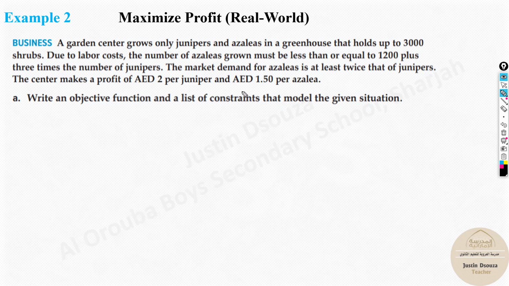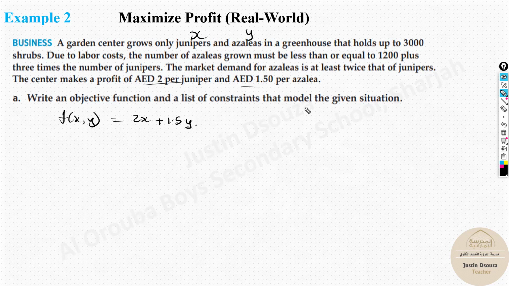Now here, the first part is just to write the constraints and write the objective function. Objective function is either profit or loss, the final output. Now here they have clearly mentioned how much it costs, 2 dirhams and 1.5 dirhams. This is the objective function. Now the first one, junipers, I take as x and azaleas as y. So the objective function f of x comma y will be equal to what? It will be equal to, how much is junipers? 2x plus 1.5